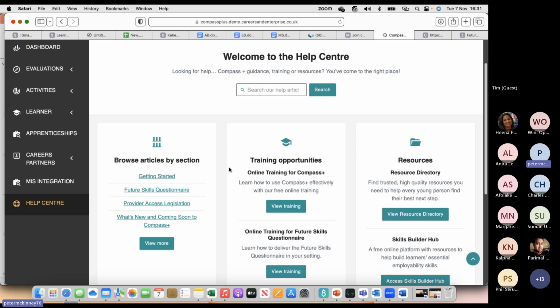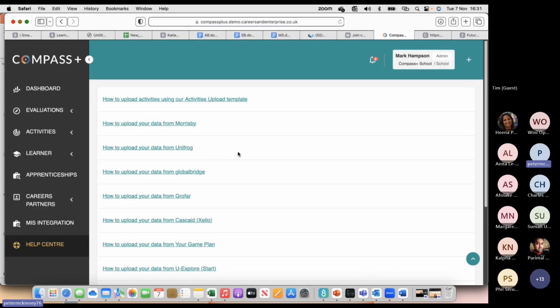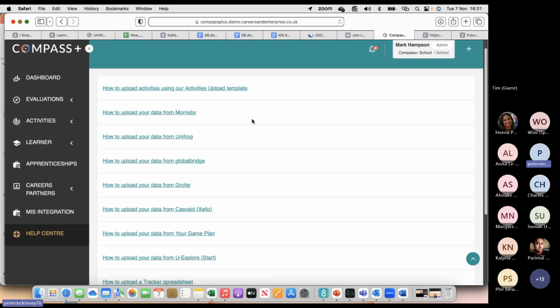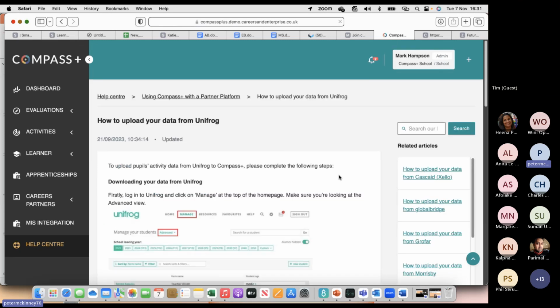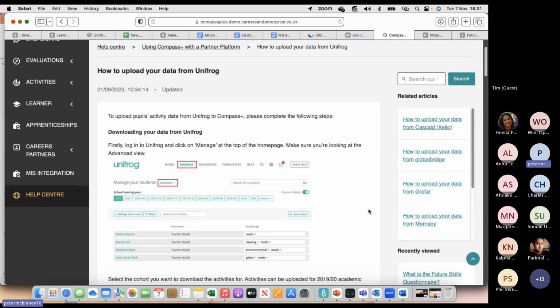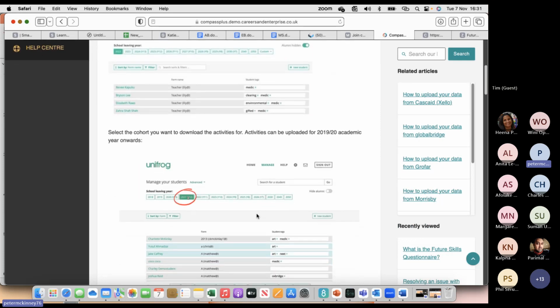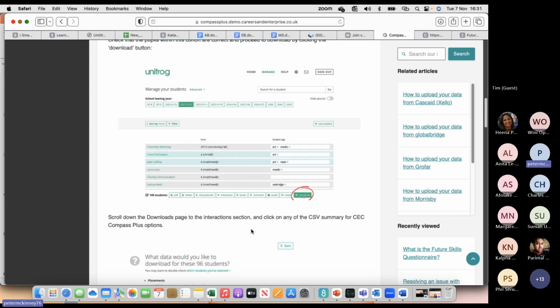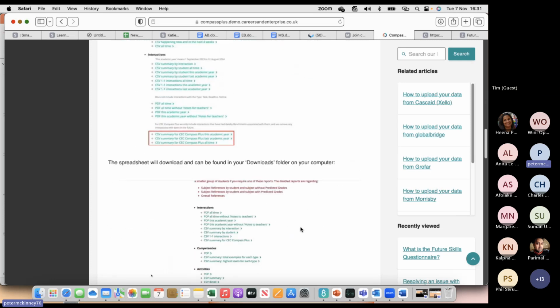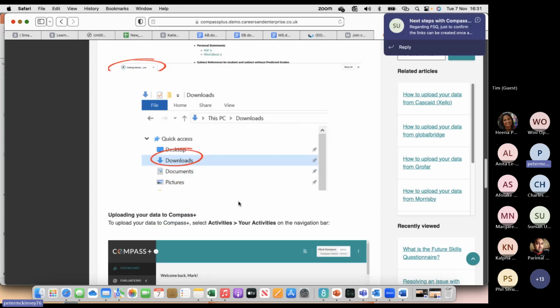query or problem and you knew what it was about, if it was just to do with uploads, if I just type in uploads, it will give you information on how you can upload data from your partner platform. So, for example, if I click on the Unifrog one, we get lots of screen grabs, and we will also get a little YouTube video. It tells you how to download your interactions within Unifrog, how to download them to a CSV file or an Excel file, and then